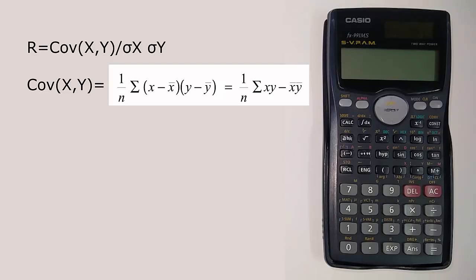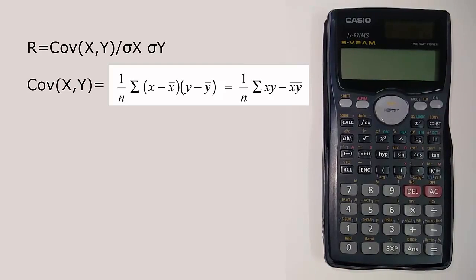As you can see, these calculations are way too complicated and will take about 20 minutes of your time in your exam because you need to calculate mean, standard deviation, covariance, correlation, and a bunch of other values such as summation of x, summation of y, summation of x square, summation of y square, summation of xy, and so forth. So now let's get started with our calci trick, which will give you all the answers you need in roughly 5 minutes. I hope you guys are ready with your scientific calcis.